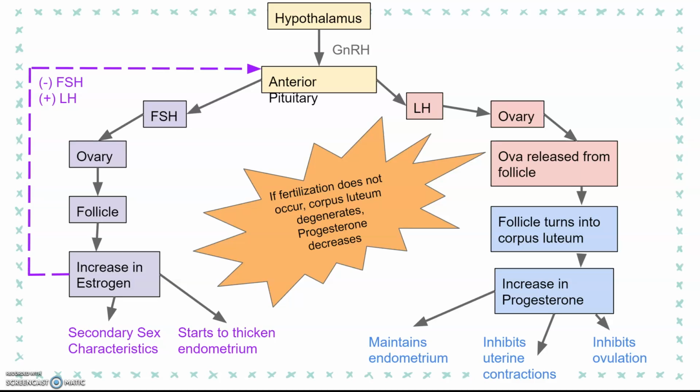If fertilization does not occur, and we have not learned about fertilization yet or how it happens, but if an egg is not fertilized by a sperm, the corpus luteum will degenerate down into something called a corpus albicans. It becomes something even smaller. But without the corpus luteum, you no longer have progesterone. So progesterone decreases, which causes that negative feedback loop back to LH. So if you could please make sure that this is in your notes as the negative feedback loop for females. Again, using colors will help, as we will be utilizing this later to add to and understand the